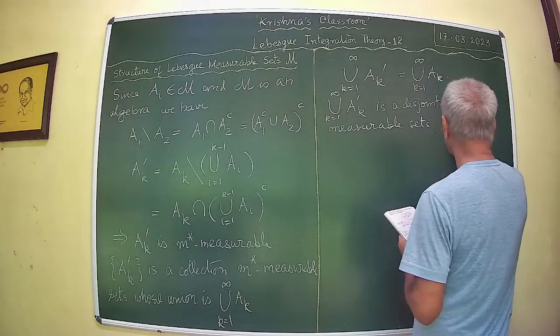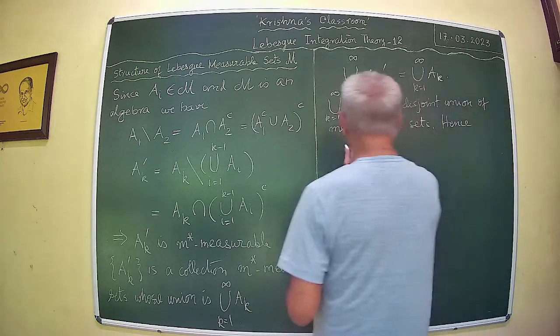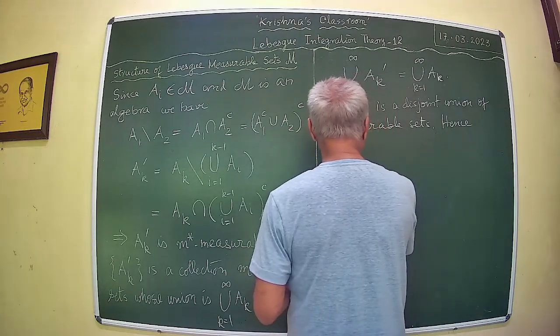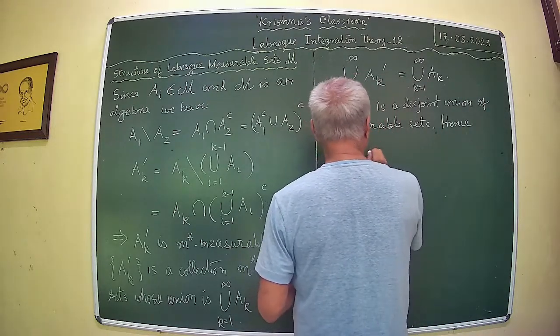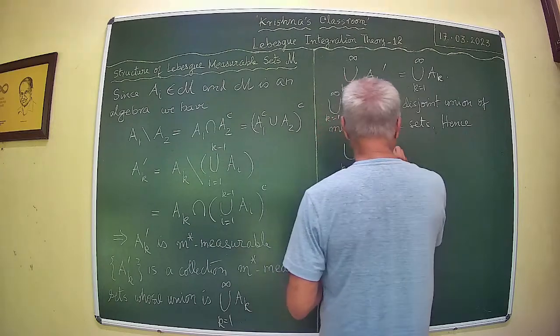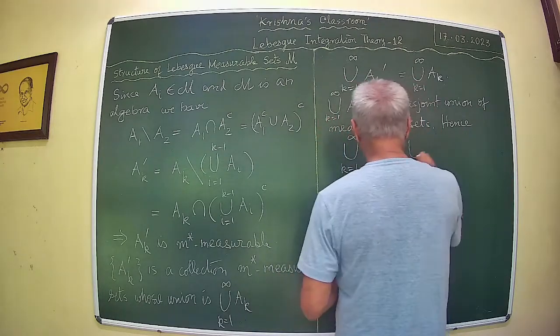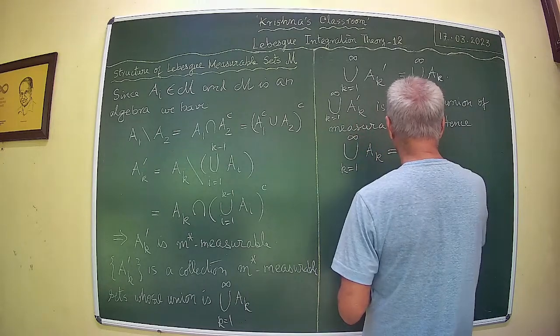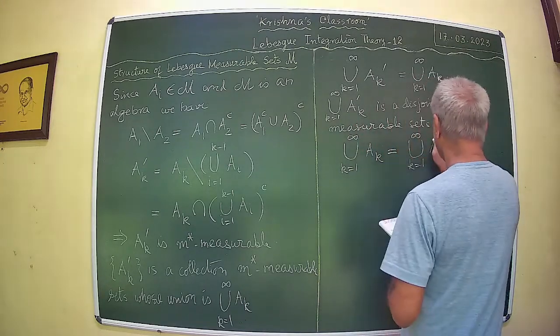Hence, union k equal to 1 to infinity A_k is equal to union k equal to 1 to infinity A_k prime